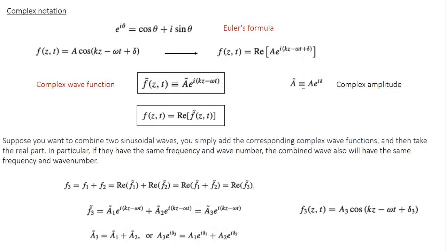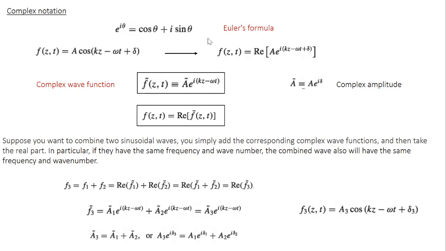You need to remember one important thing. We are talking about real waves, like waves on a stretched string, waves on a water body, sound waves traveling through air. All these are real waves. So a function which represents such a real wave has to be real, because anything physically measurable is a real quantity. Suppose you make a measurement of your weight, you get a real value. You make a measurement of your height, you get a real value. You never get an imaginary value, right? So anything physically measurable, anything real, has to be represented by a real function.